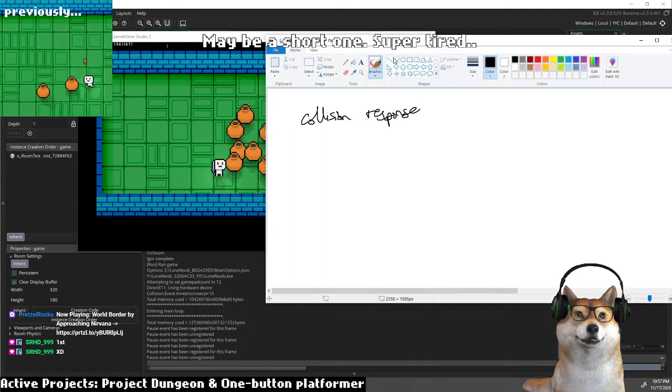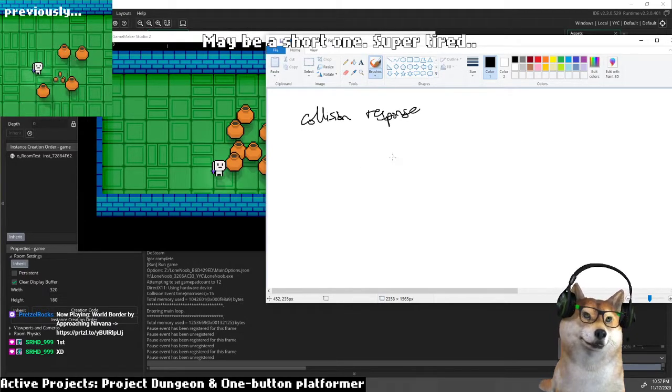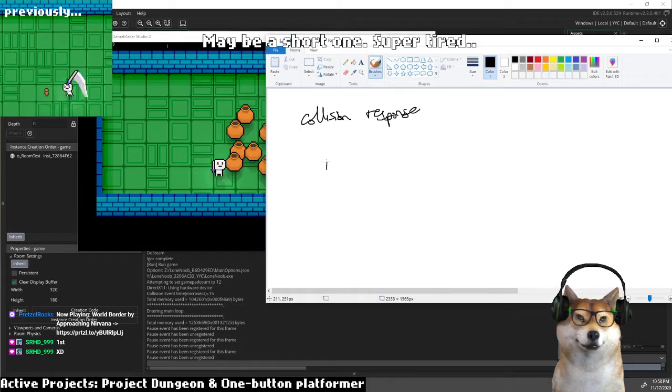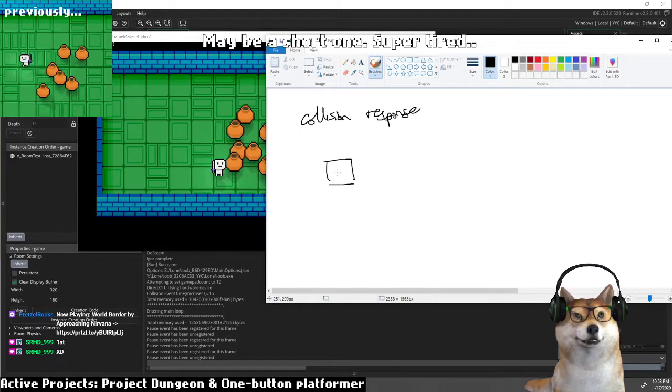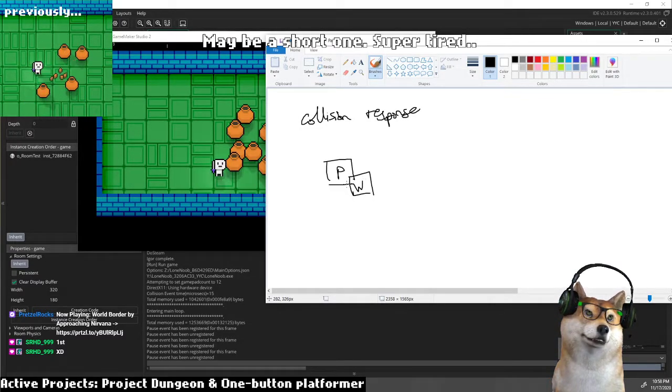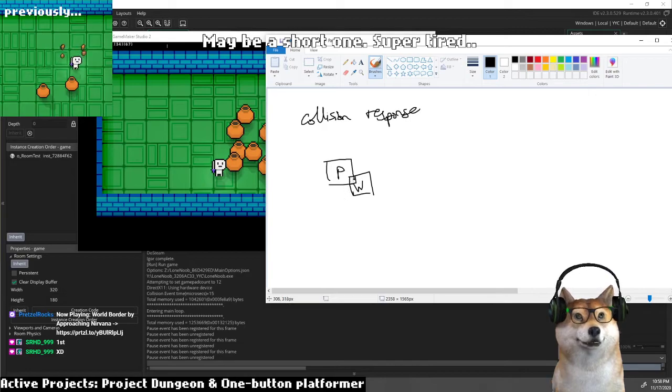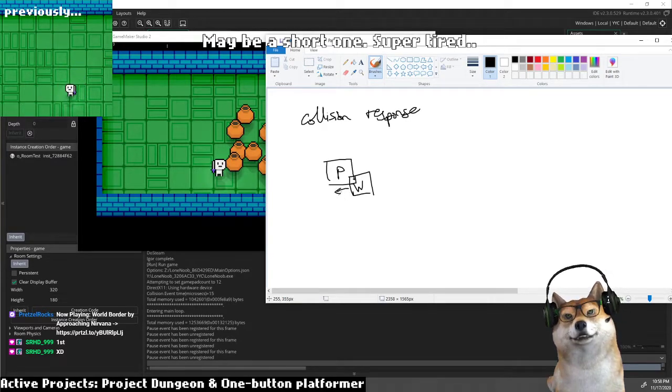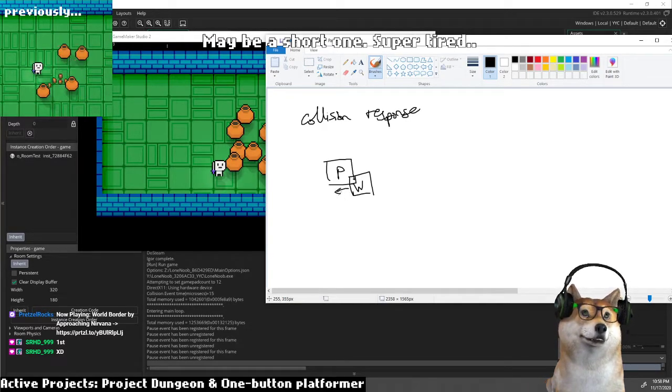So I'm gonna work on some basic collision response between entities. Like last time, the collision between the player and a wall is handled such that the player is static, it doesn't move. So I know exactly how much to push the player out of the wall if there is a collision, right? Now I need to think about